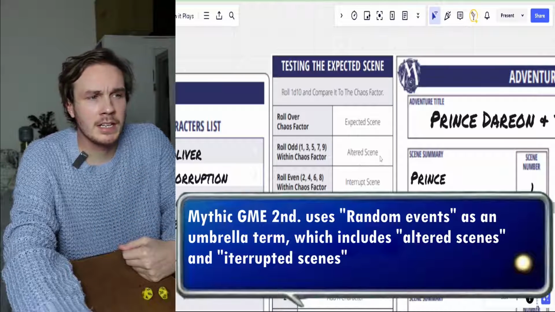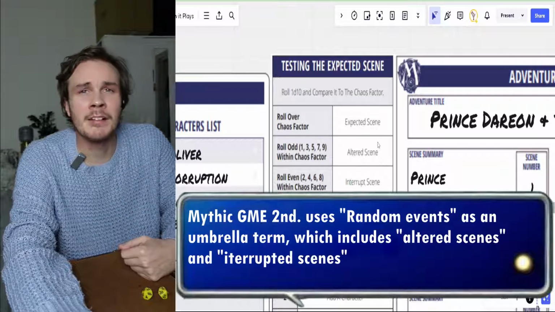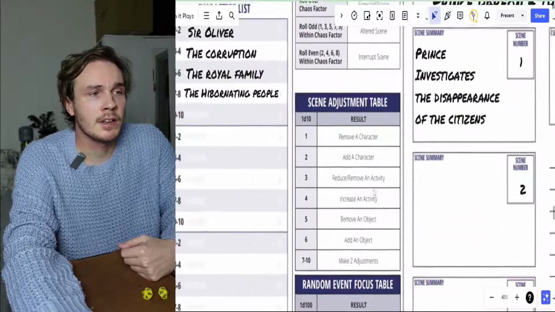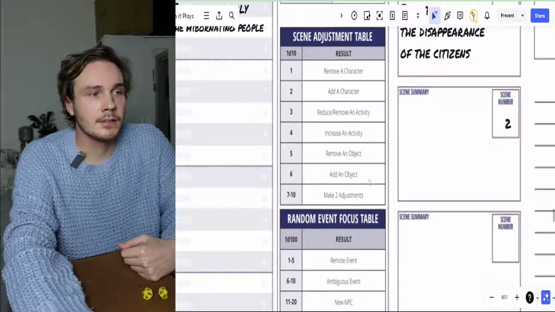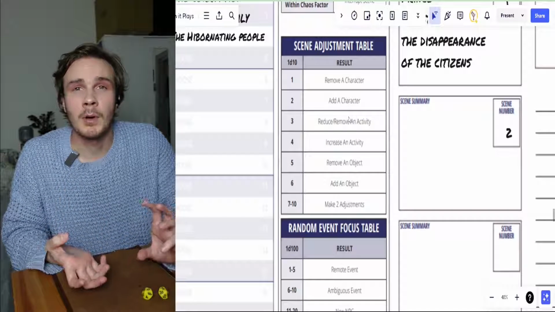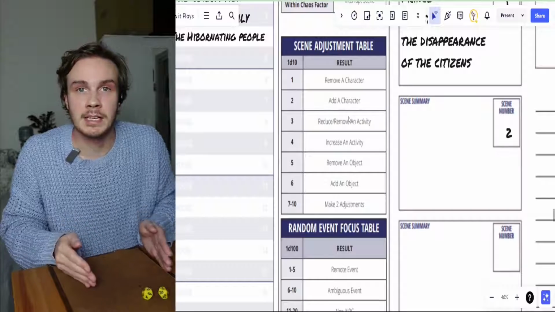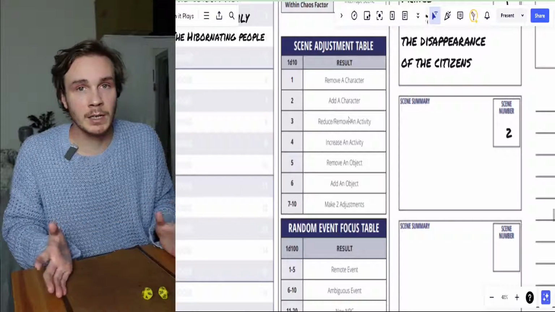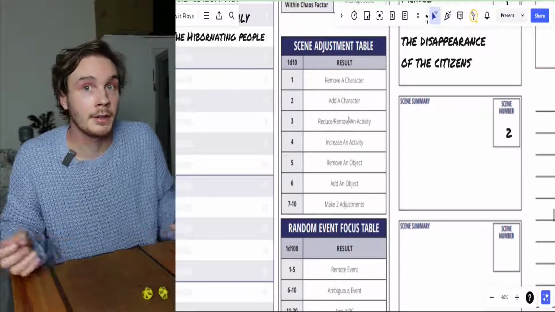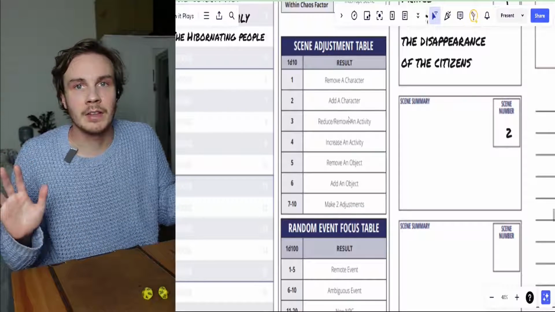Well, an altered scene is not a random event itself. An altered scene usually just means that something extra might come across during your expected scene. So your scene, or your story, will continue as it has continued thus far. Nothing like a major extra event will happen, but